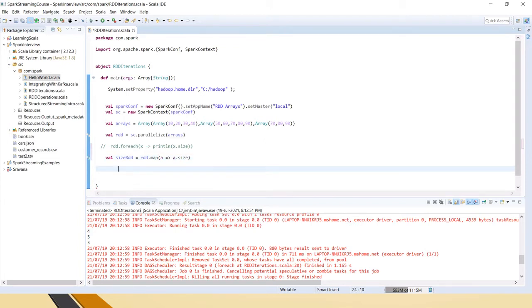Okay, so now it will become the size RDD of int, because it will have 4, 5 and 3. Okay, so let's print this also and see, because anyway size is easy to print, using the foreach println.